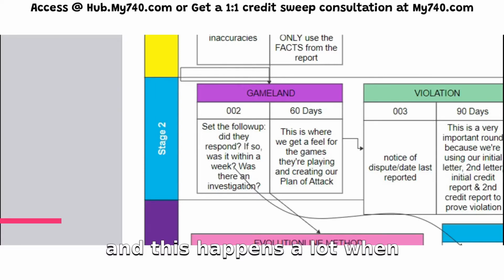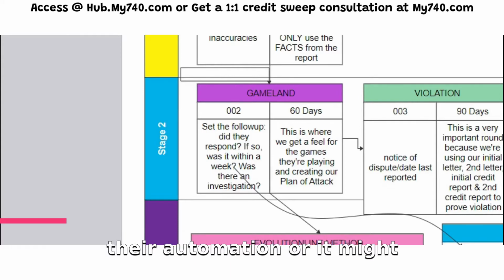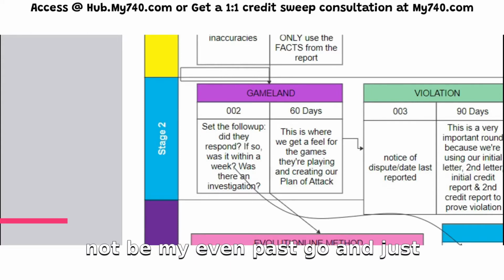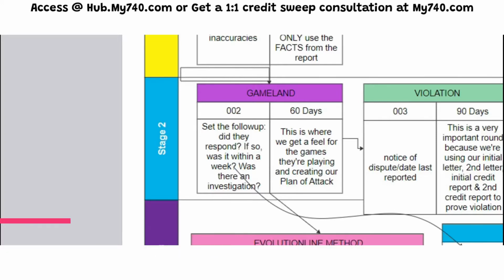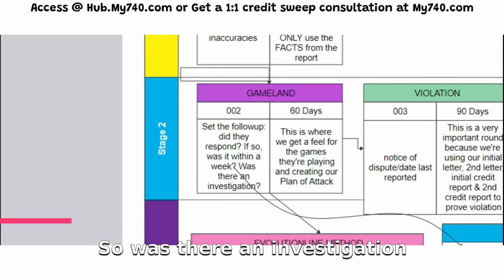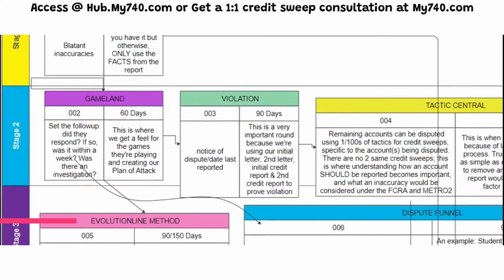And this happens a lot when consumers send out dispute letter templates like 609, 1681s, and all that kind of stuff, all right? So when you send that out, you're going directly into their automation, or it might not even pass go and just get rejected, because that's what they're looking for. They're looking for templates, okay? So was there an investigation at all? If not, there's a very specific way that you want to respond. We're going to talk about that in a different video, but let's go over to the second part in stage 2,